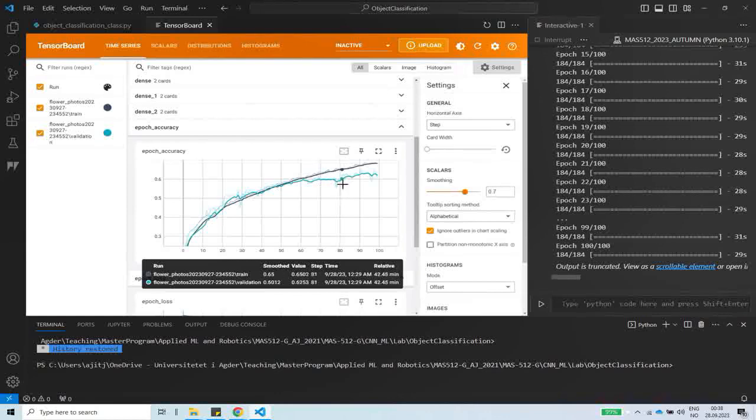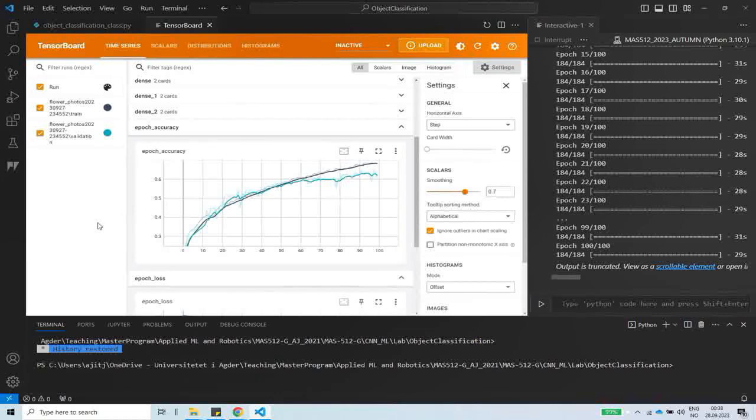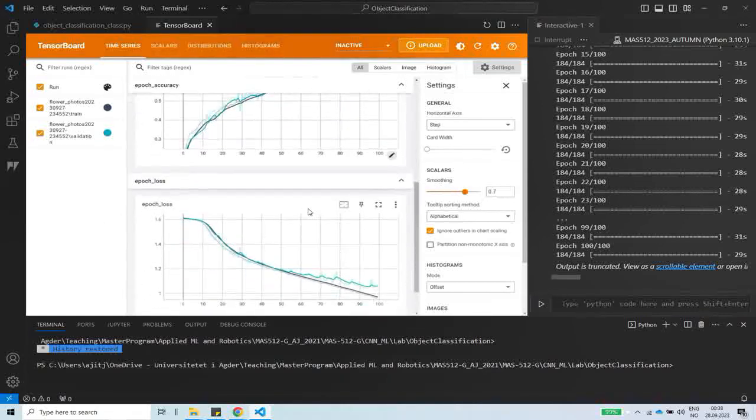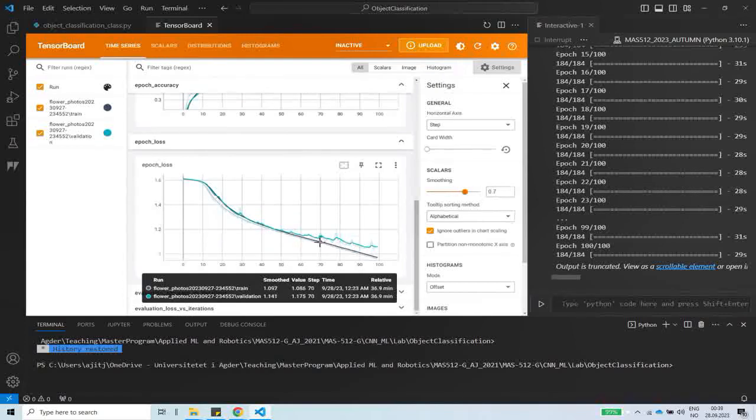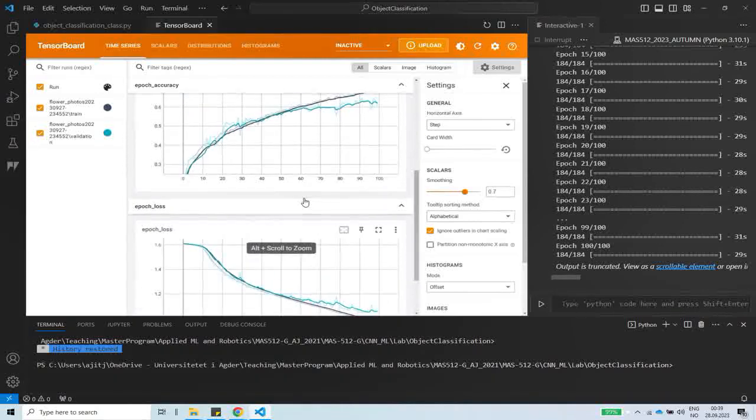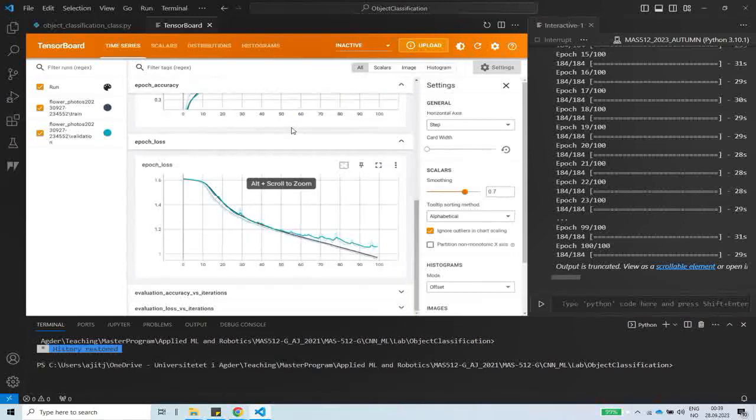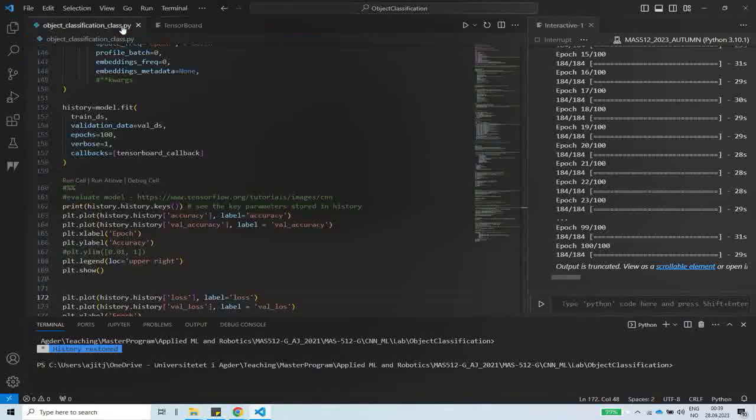So validation is performing a bit worse than the training. Then let's look into the loss curve. The loss for the training is very steep, and the validation starts to diverge, but it's not that bad either. The loss curves and the accuracy curves look okay, but overall we will have to look into our